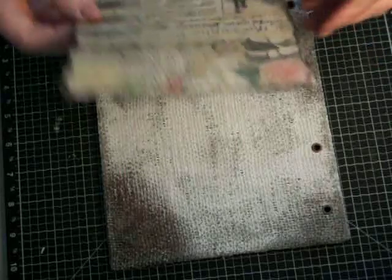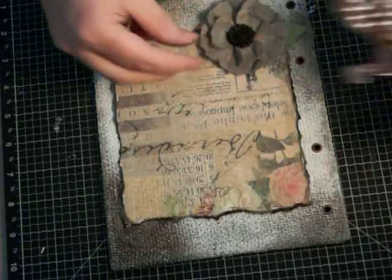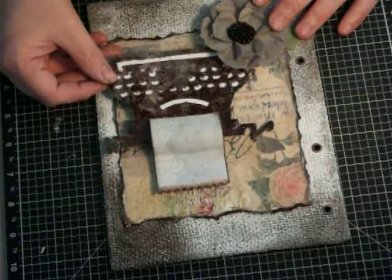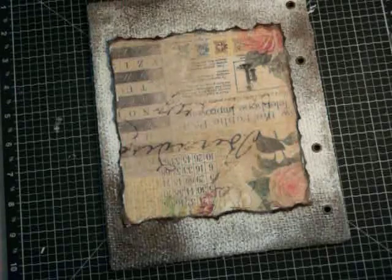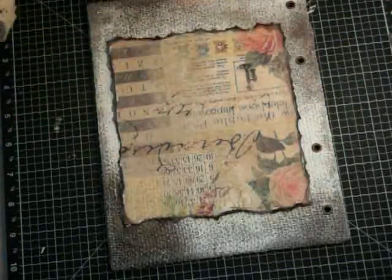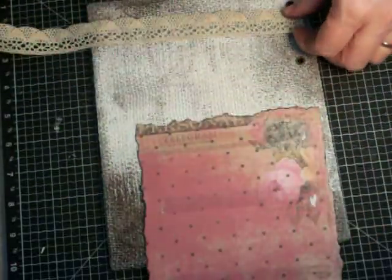Alright, and before I push this down, I want to make sure I have my right placement. So I'm going to grab my largest flower, which is going to go right here in the corner, and I'm going to grab this, because I want to make sure I have, okay, good. And before I push that down, I'm going to take some of this ribbon, this lace that I bought. Don't ask me where I bought it, I cannot even remember, but I'm going to glue that down right there before I add